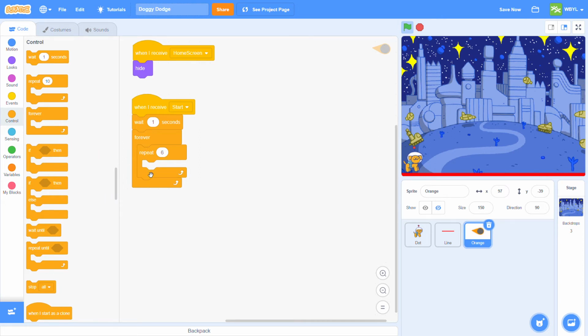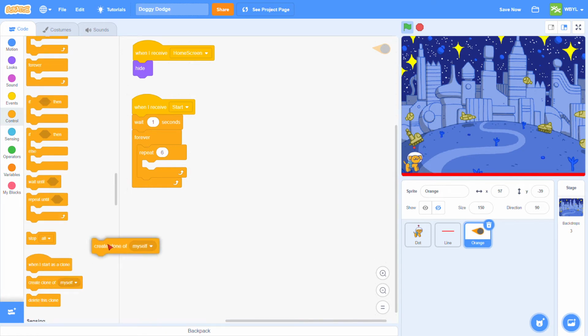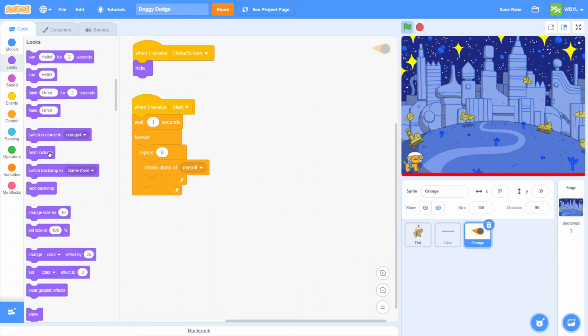We'll go just like that there. Then we're going to go down, grab create clone of myself, go to looks, and grab the next costume block right there in the middle. So it'll be when I receive start, wait 1 second, then a forever loop, a repeat 6 loop, create a clone of myself, next costume, and then